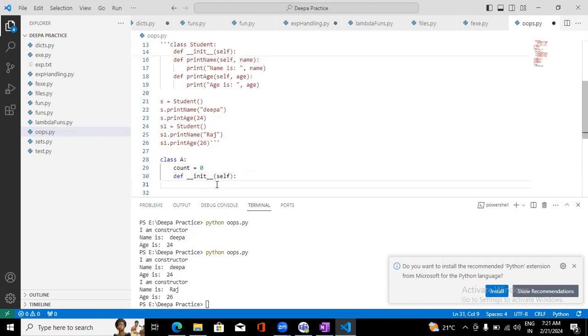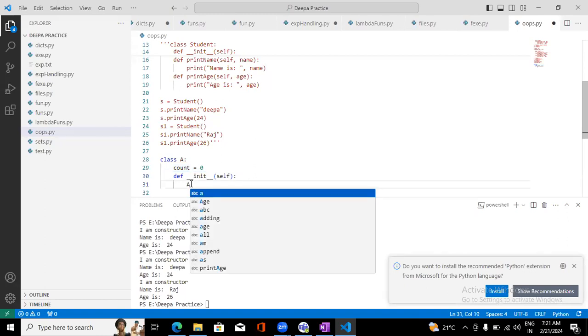But here is what you can do. See, this count variable is outside. You are not defining it in any method, or passing it as a variable to any method. So if you want to access this variable, you should use the class name. The class name dot count. You can increase it by 1,